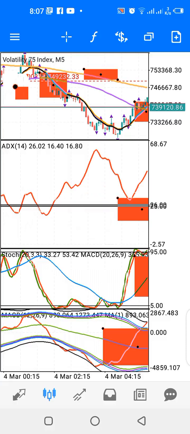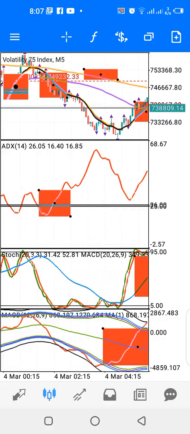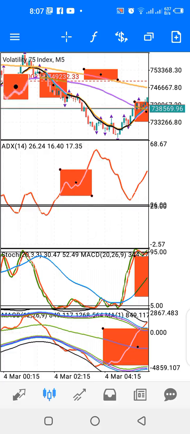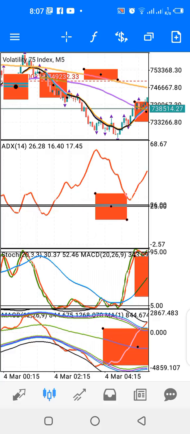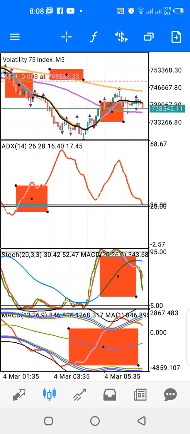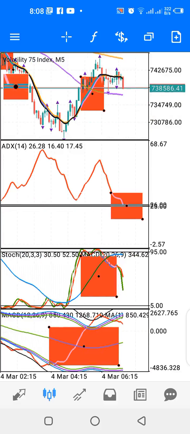Now you use this basically to know when to trade. All right, when the red line stays above the 25, 26 level, you can confidently look out for a buy or sell trade as long as this red line is above the 25, 26 level. Okay, but now it's going below the 25, 26 level, so you can